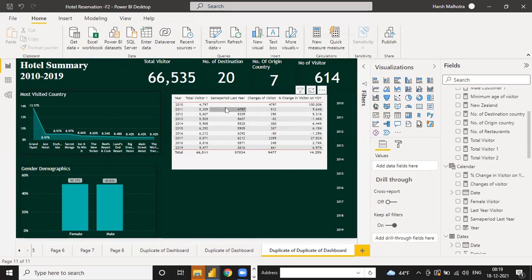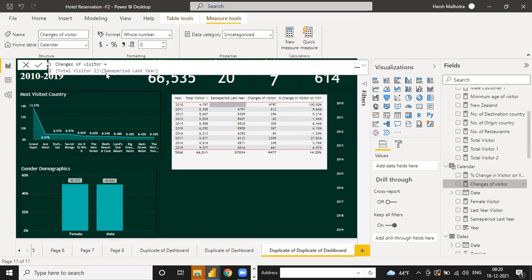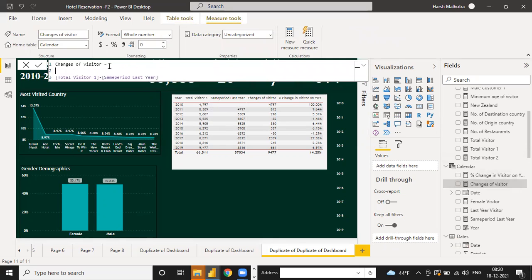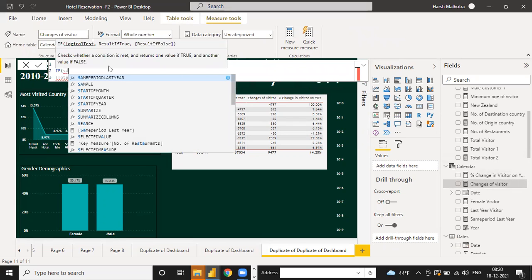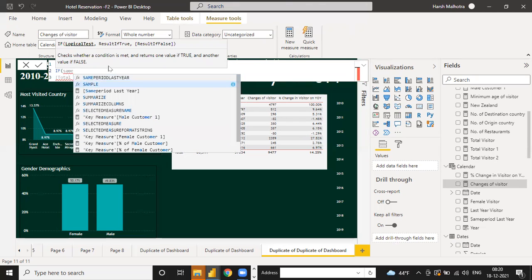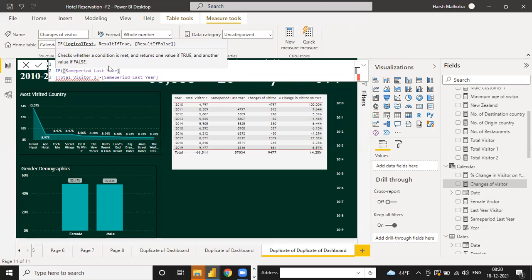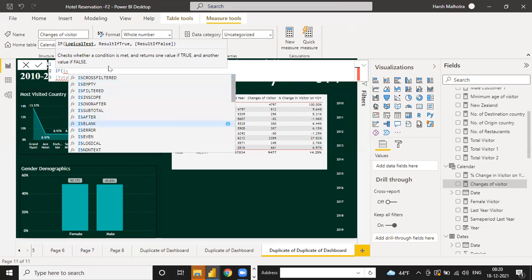And here also, guys, we give the condition: if the same period of last year value is blank, then we don't need to change the visitor count. So click on this change the visitor, and now you can give the condition if same period of last year is blank.